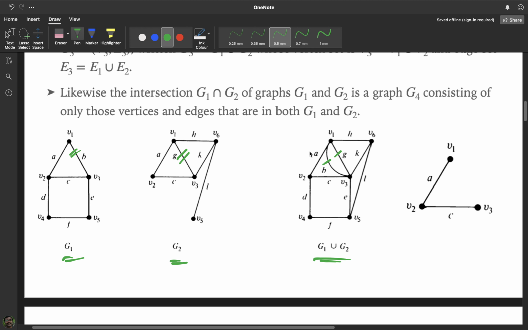Okay, and when you are taking the intersection, it will not be like this, because this edge is different for V1 and V2. This edge is B for V1 and this edge is G for V2. So we don't draw this as another edge, because it is not correct, because that edge is different. Okay, so please look at the diagram, convince yourself of what we mean by union and intersection. Union means it contains all the vertices and edges. Intersection means it contains only the common vertices and edges. Okay, so I hope the operations of union and intersection are clear.